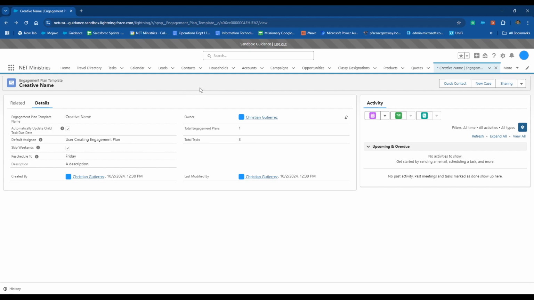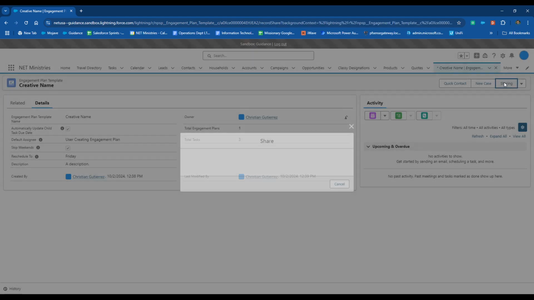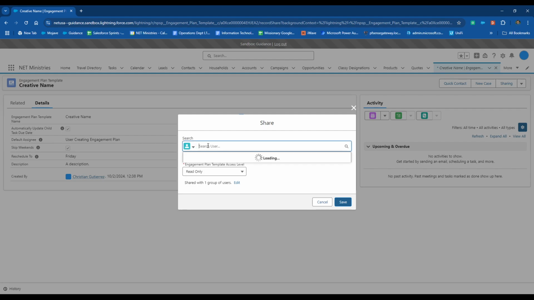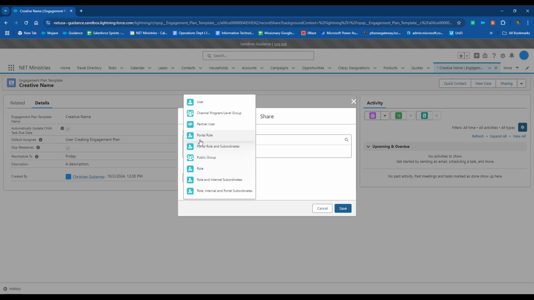But anyway, if you want to share this with your team, by default, any engagement plan templates you create will be private just for you. So that's fine if that's what you want to do. But if you want to use this to help other people on your team or to help train other staff on how to go about certain processes with external constituents, and kind of help set standards, you need to share this. So you can click that by going to sharing, search for the user,